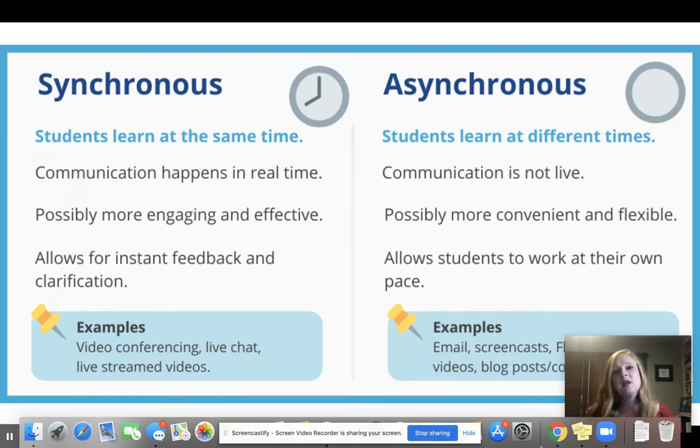On the other hand, we also have asynchronous learning, and this is where students are learning at different times. It allows students to work at their own pace, it's flexible and convenient. Some examples of this would be emails, Flipgrids, videos, completing Google Docs, scavenger hunts, and things